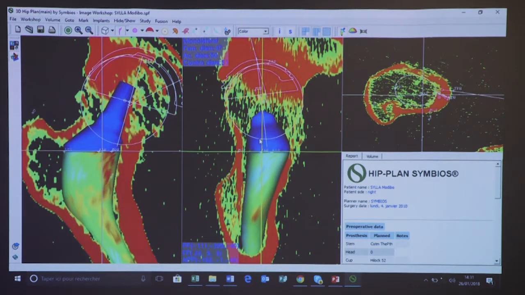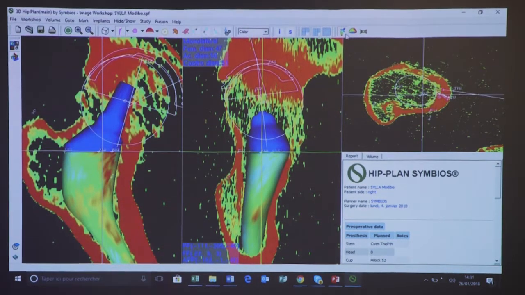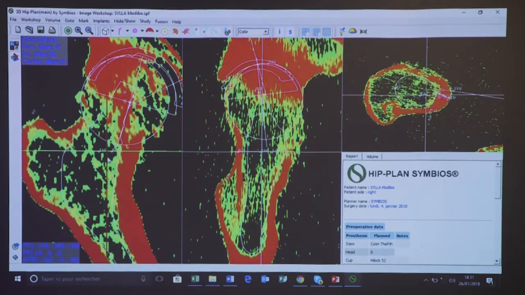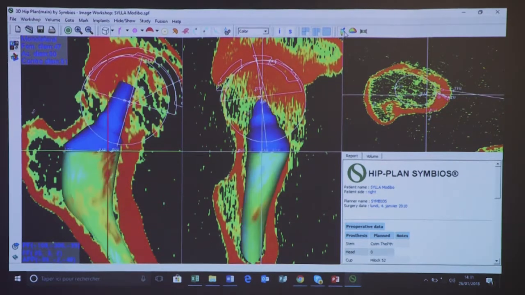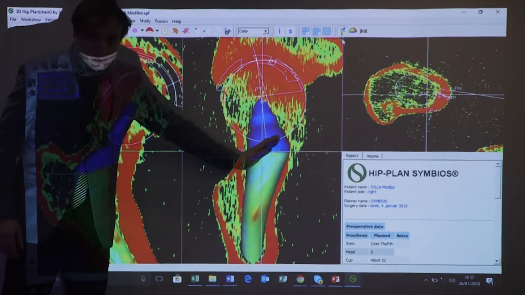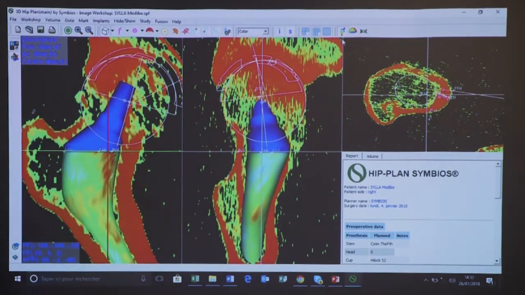Can you see this? He has a slight retroversion of the neck relative to the metaphyseal part of the stem. So it's not only a matter of femoral offset, it's also a matter of rotational stability and